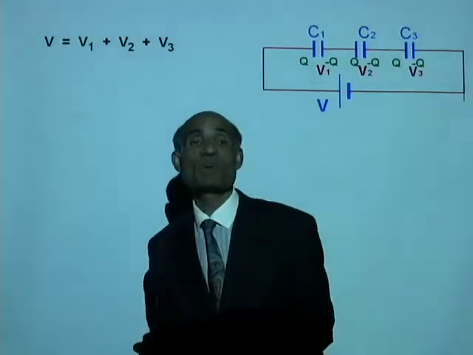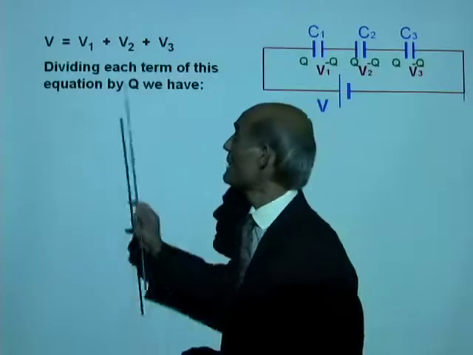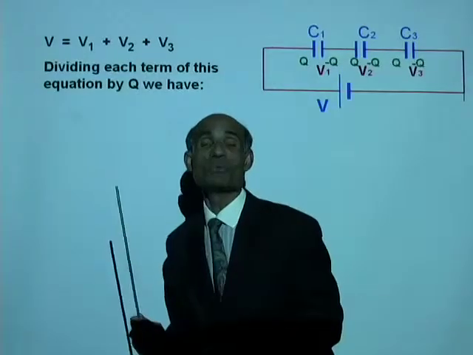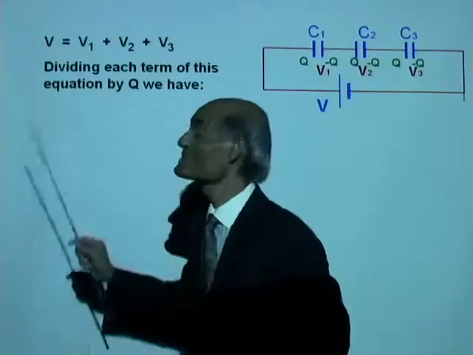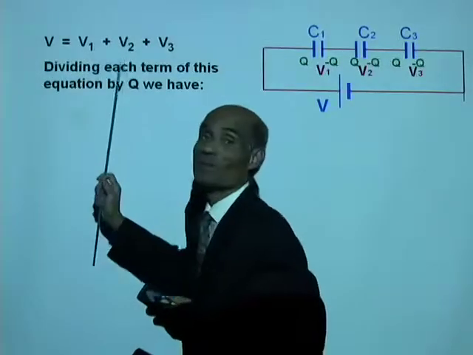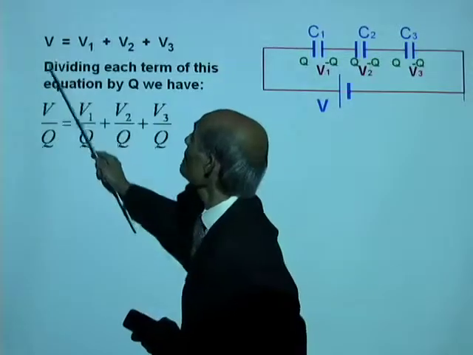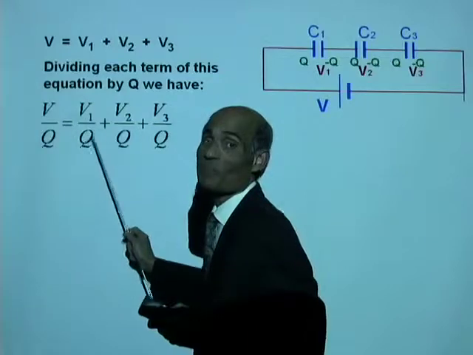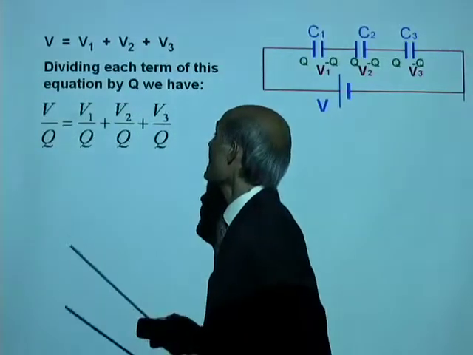V equal to V1 plus V2 plus V3. Now, let's divide this equation by the quantity Q, because Q is the same for all. Dividing means divide each term. So that will be V divided by Q equal to V1 divided by Q plus V2 divided by Q plus